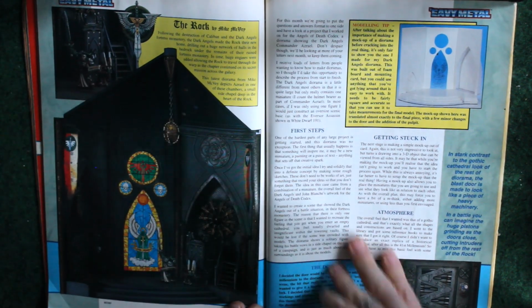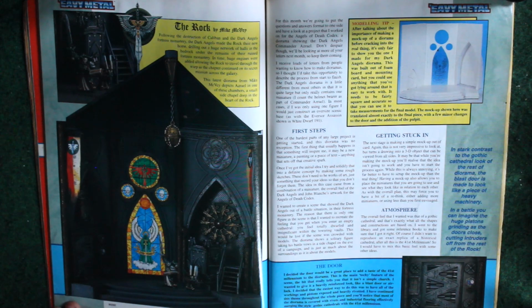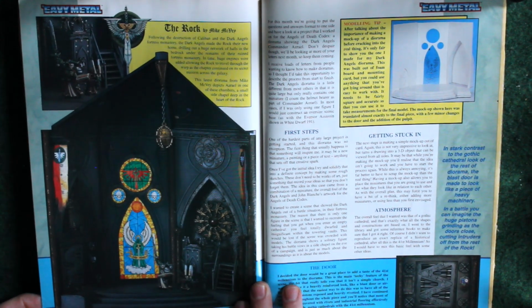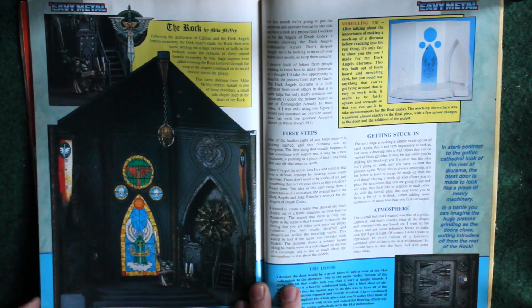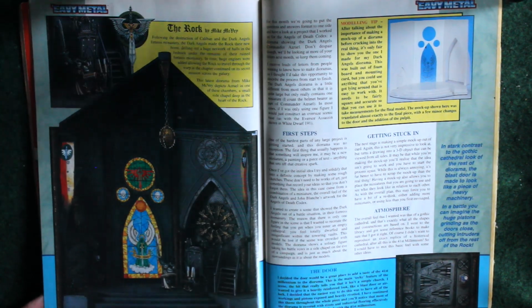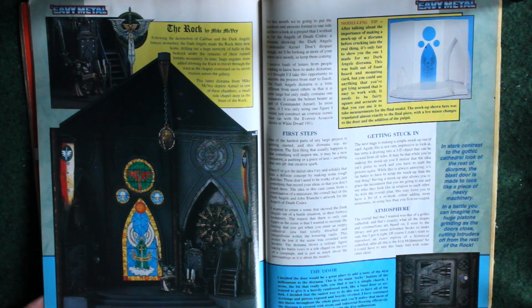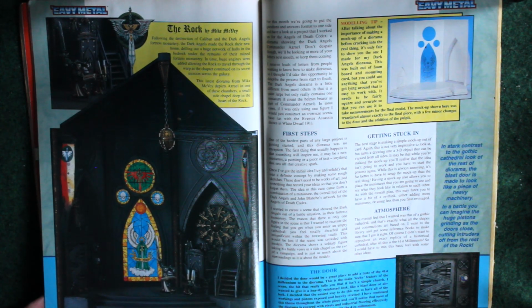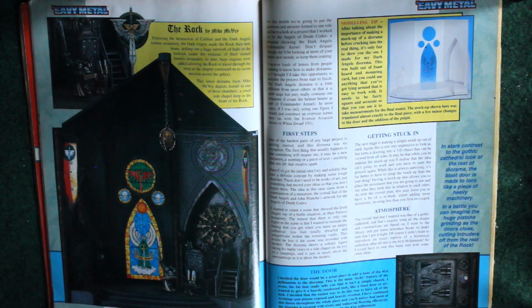And another cool Mike McVeigh diorama. This one is in Warhammer World, or it certainly was the last time I was there. And really cool that they are giving, at this point, Mike McVeigh just free rein to make dioramas. As I understand it, he was getting a bit dissatisfied looking after the heavy metal team and painting lots of stuff. So they just said, well, you know,